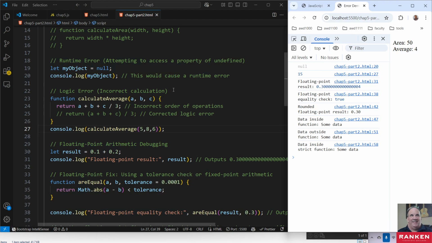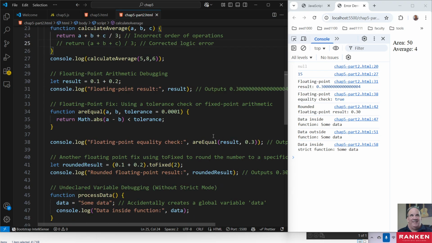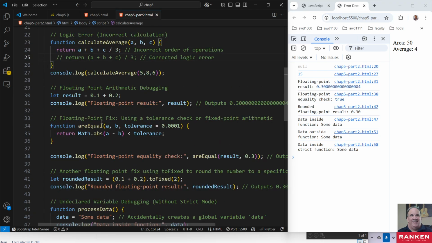But this is a logic error because you're wanting to calculate average, and you're not calculating average because your equation is wrong. You need to include this in parentheses, A, B, and C, then divide it by 3, right? And then also we have this here,